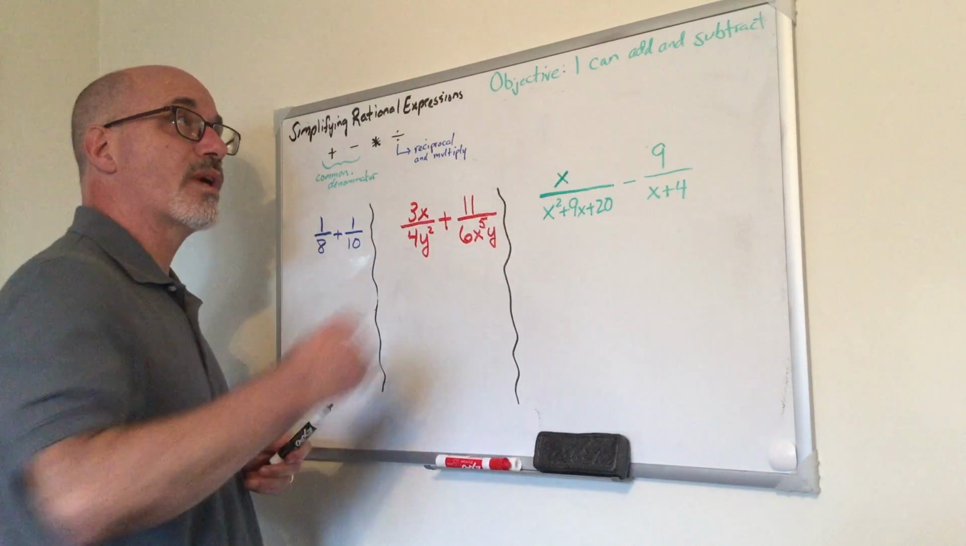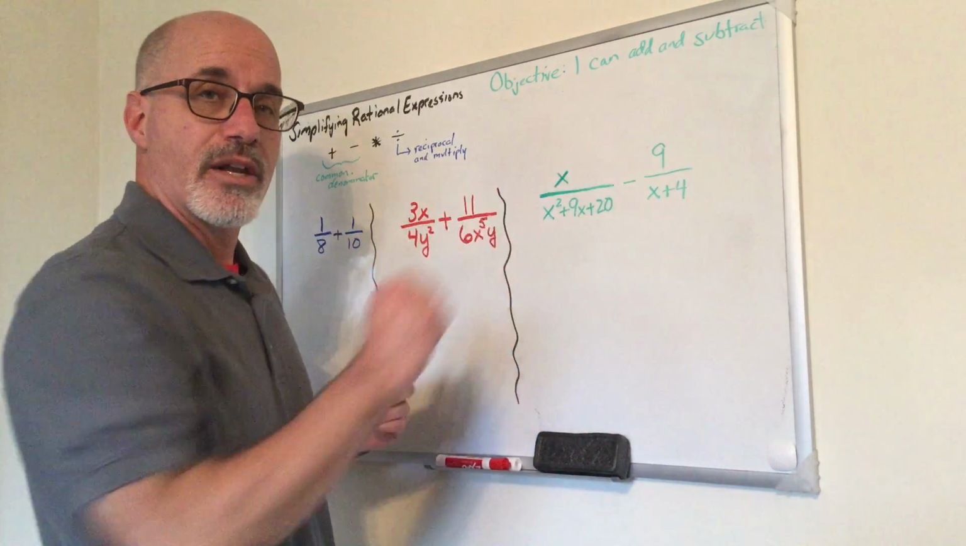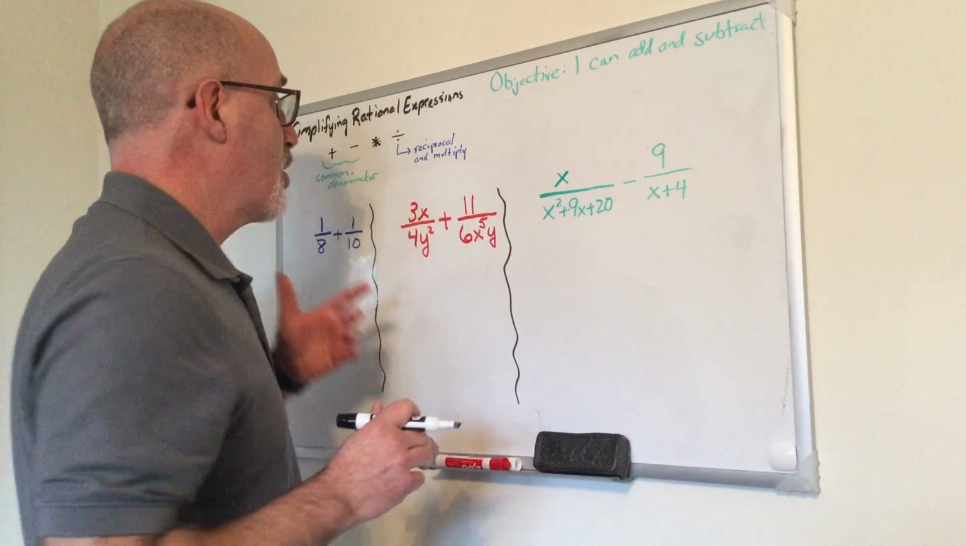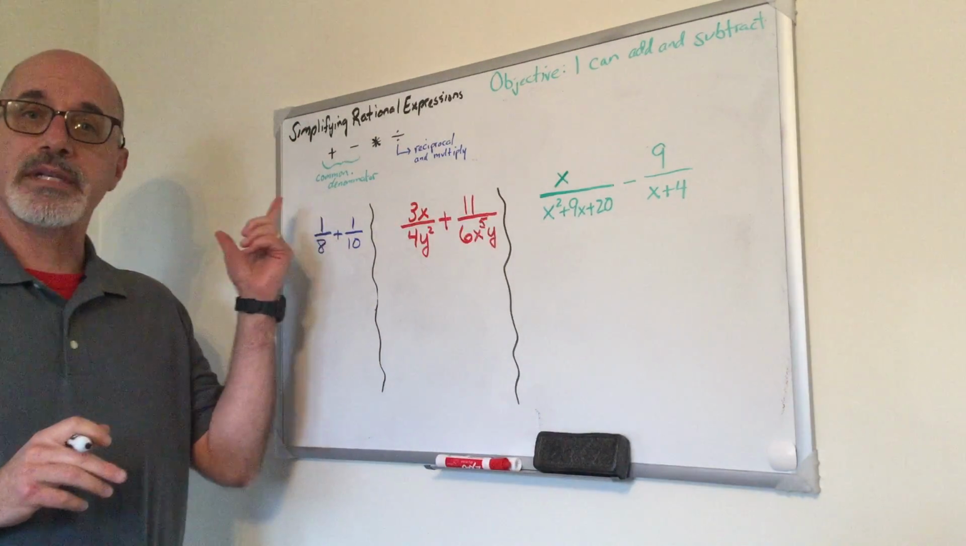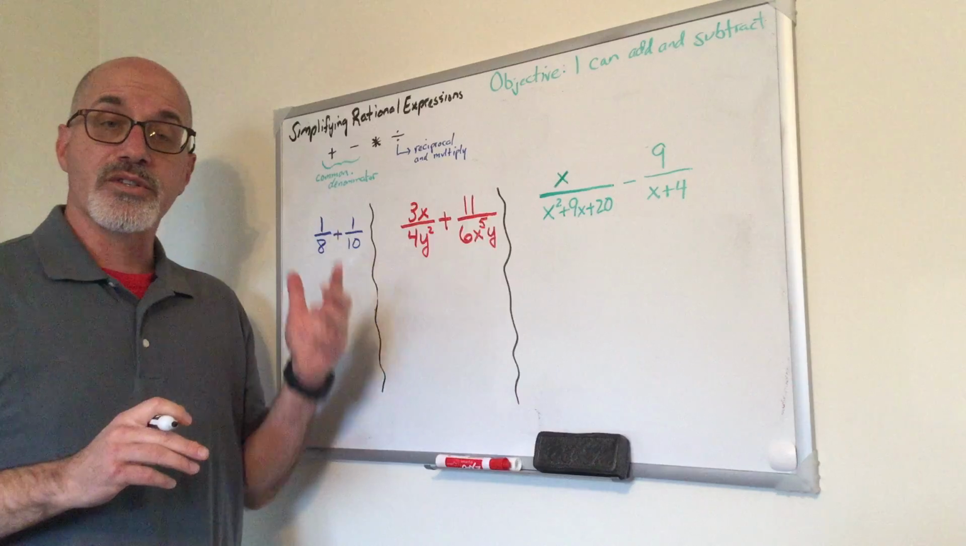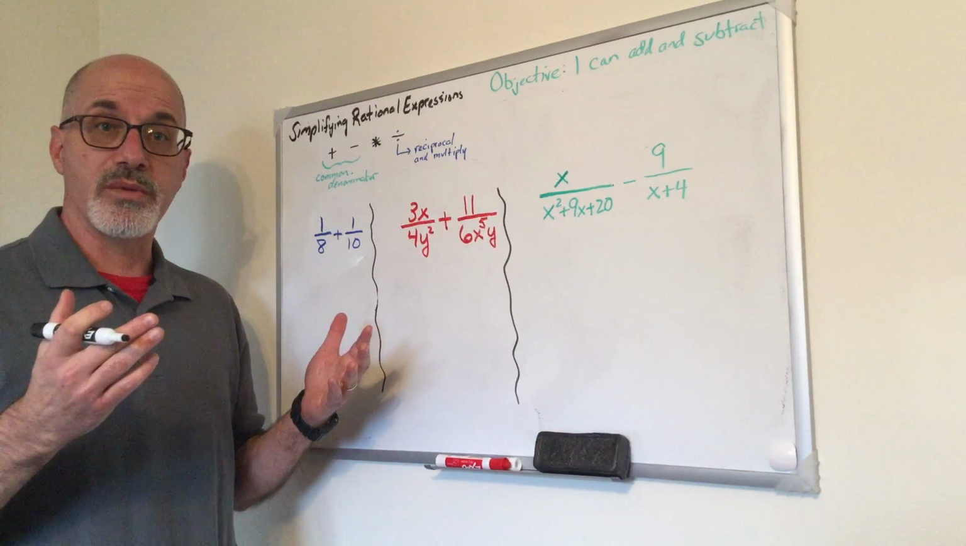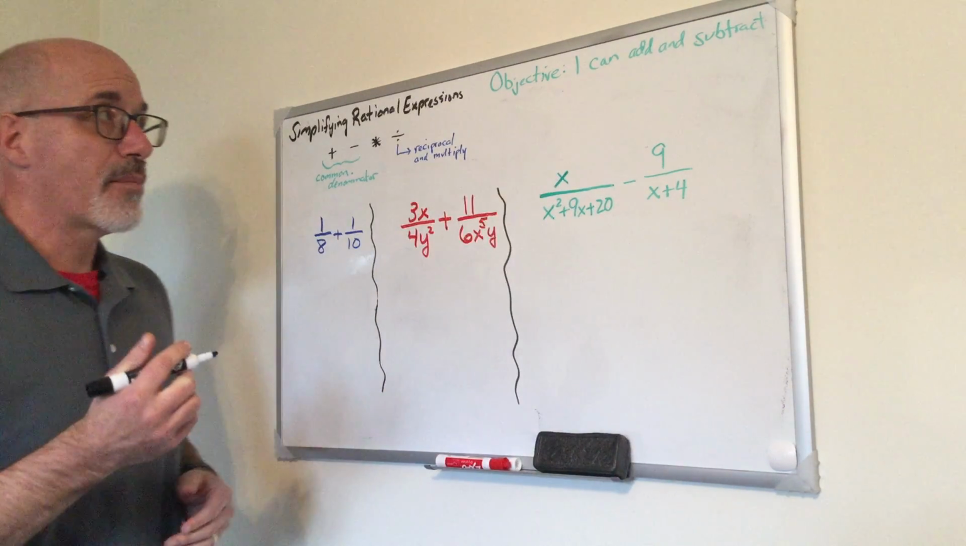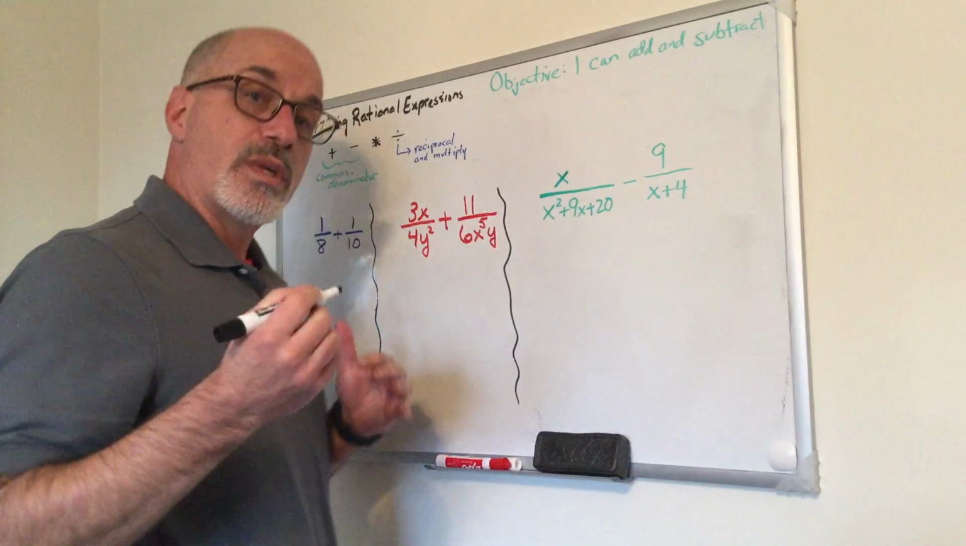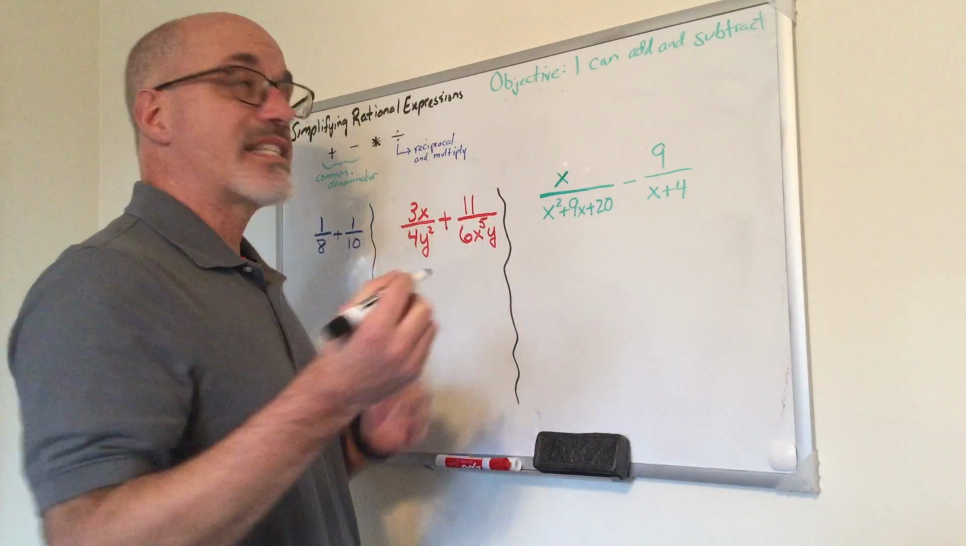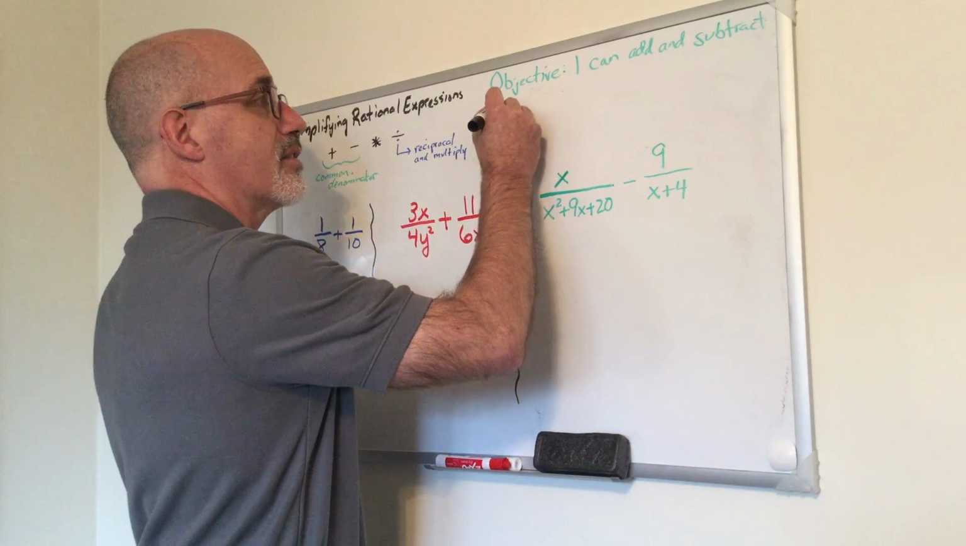For this one, though, we want to add and subtract. In order to add and subtract fractions, we have to find a common denominator for those. So that takes it to the next level when doing these problems. So let's talk about common denominators. When we do these, we want to get the least common denominator. We call that the LCD,